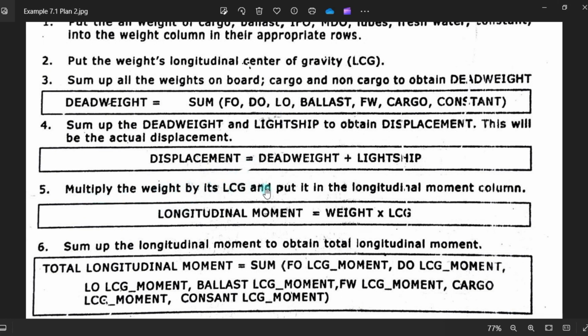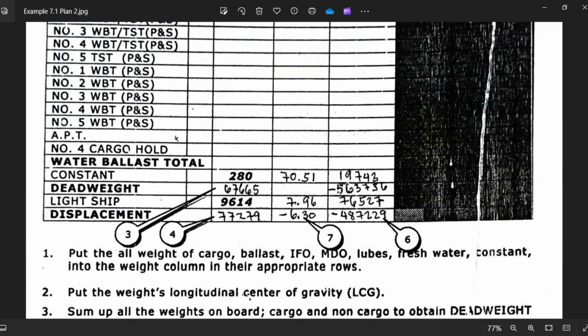and multiply the weight by its LCG and put it in the longitudinal moment column. So the longitudinal moment equals weight times LCG. This is the one. So if this is the weight times your LCG, this will be your longitudinal moment. So with your light ship, it is the weight of the light ship times the LCG, and this will be your longitudinal moment. Okay, so total longitudinal moment will be negative 487229 over your displacement will be your final LCG. Okay,